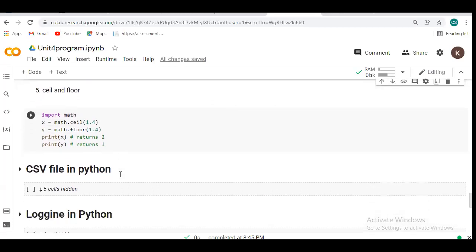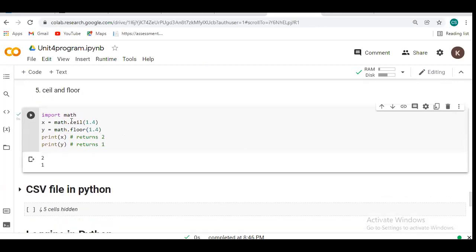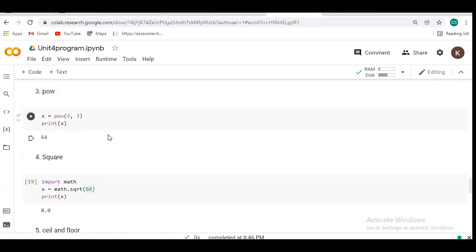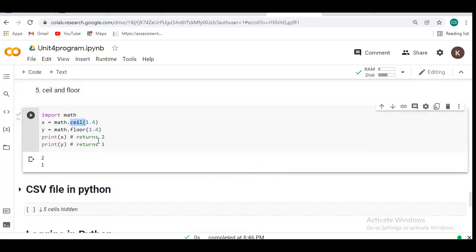Next we have the ceil and floor operations. Here also we are using the math module, because these operations are not written like the functions min and max. You can see the output.